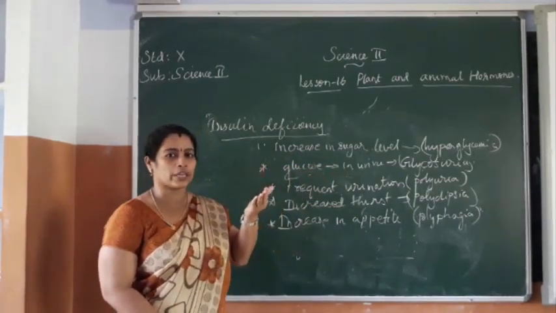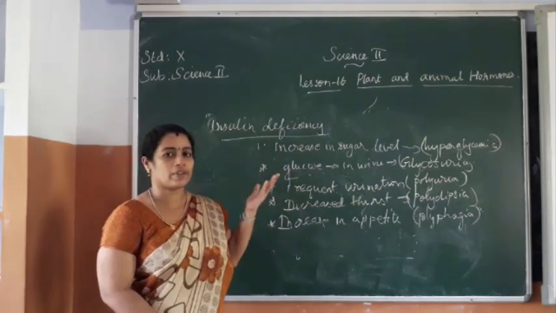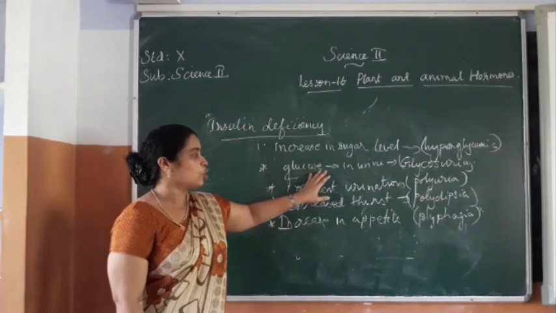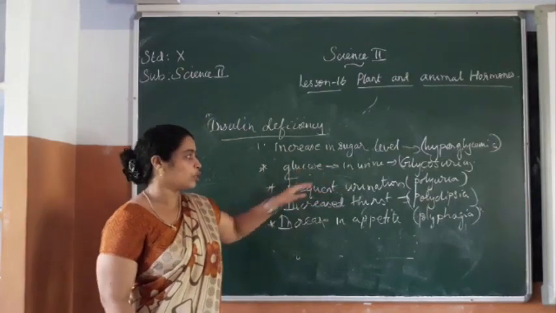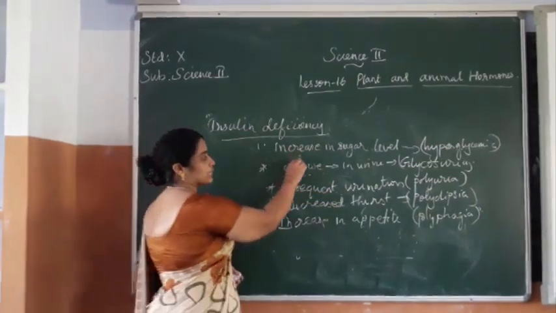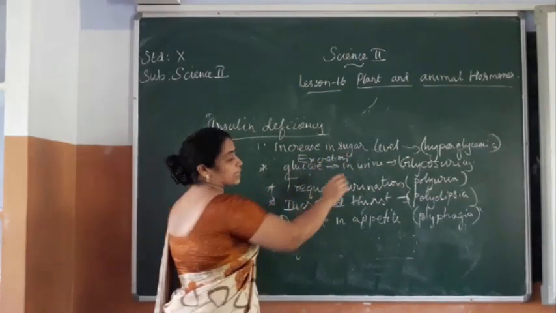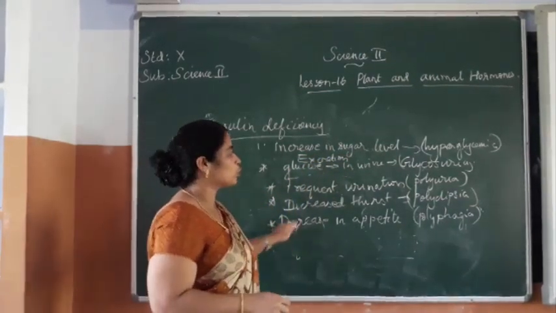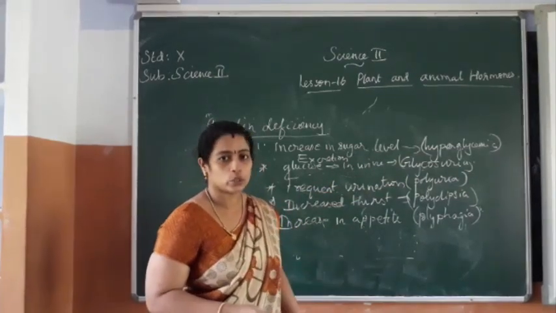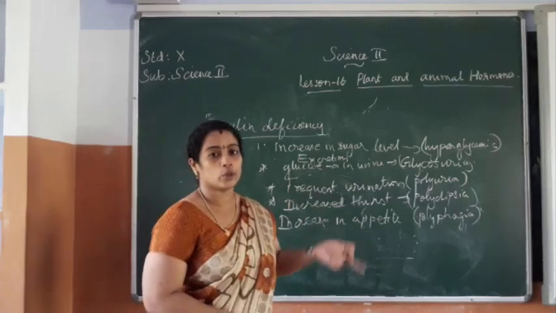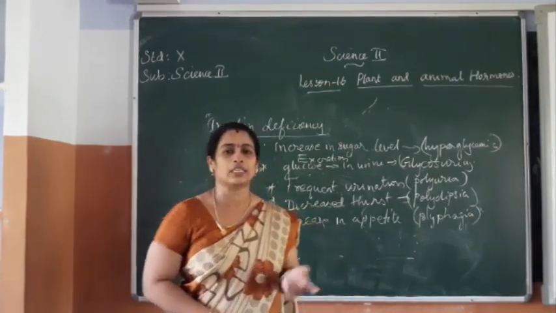Hyper means more, so hyperglycemia means an increase in glucose level. The excretion of more glucose through urine is known as glycosuria. The next one, frequent urination. The person who is affected by this